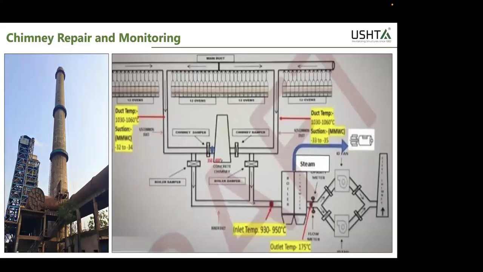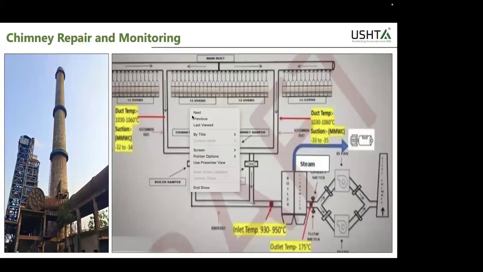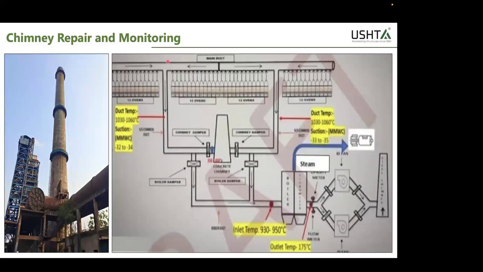So if you see, this is the coke oven plant, and I'll switch on my pointer. This is the coke oven plant, and there was a failure in the boiler. Coke oven plant is basically a steel plant, and there was a failure in the boiler, as a result of which almost a flue gas of 930 to 950 degrees temperature was